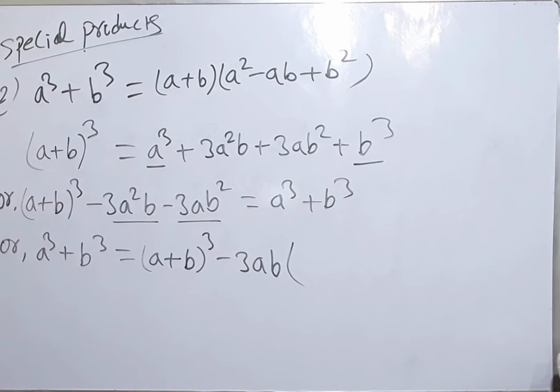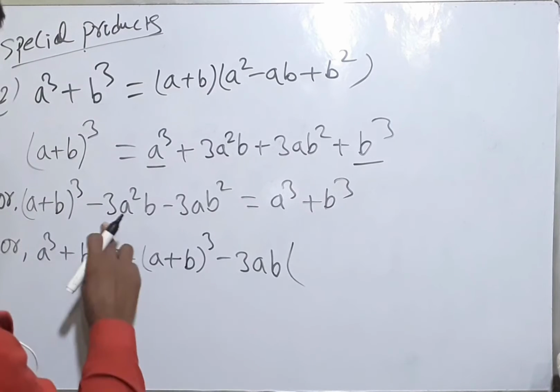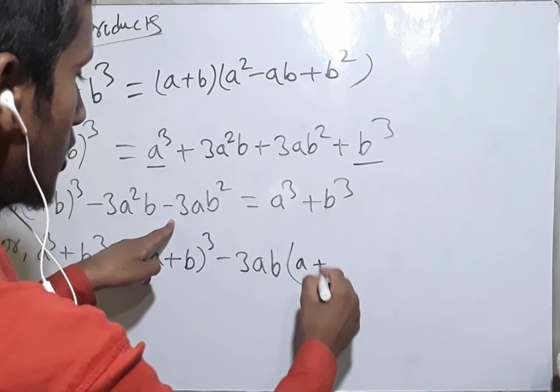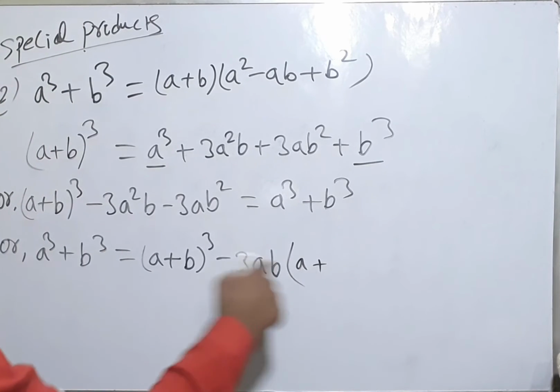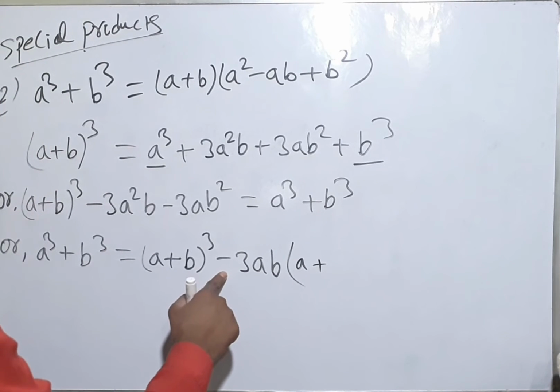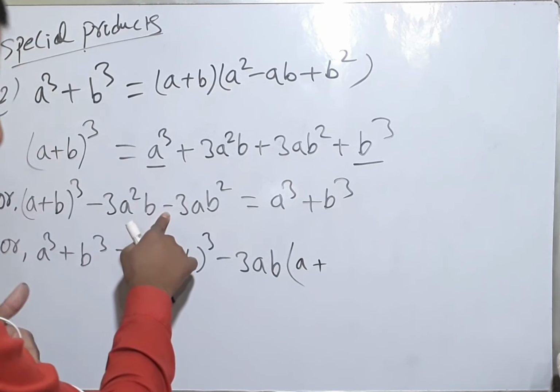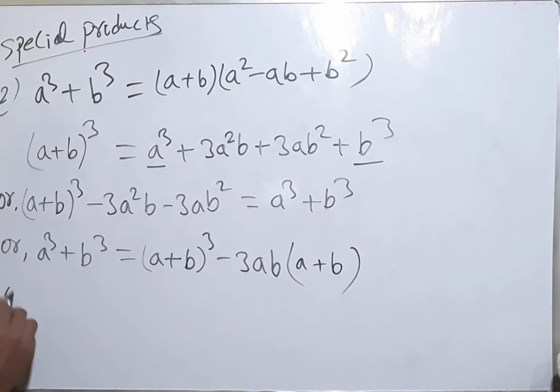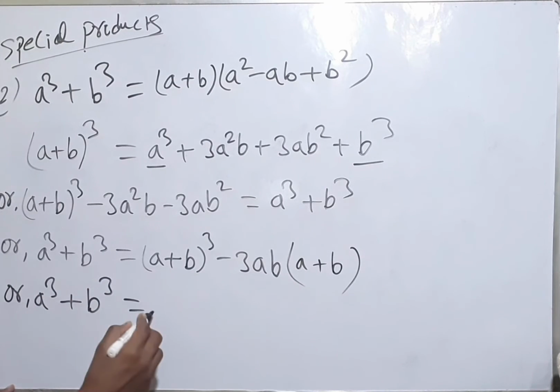If you do this right, if you are actually working hard, do your hard work. If you take 3ab common, you'll be left with a there, and it will change into plus because you have minus in front of it. If you have minus in front of it, it changes into plus. It will be b left here, or a cubed plus b cubed. This will be equal to